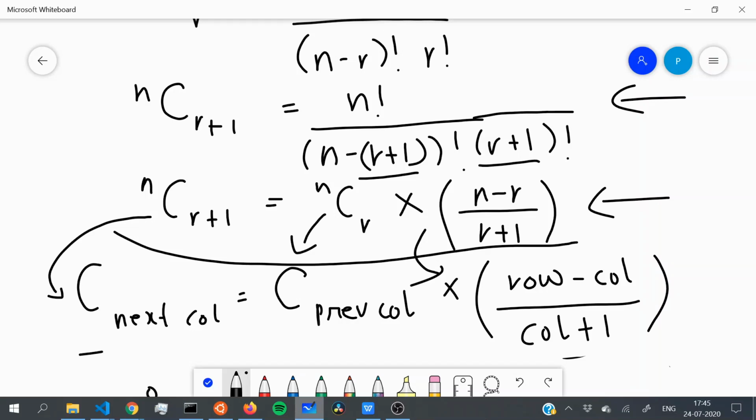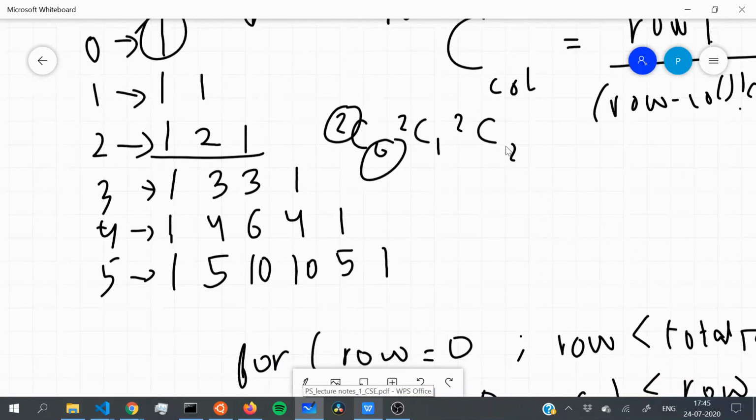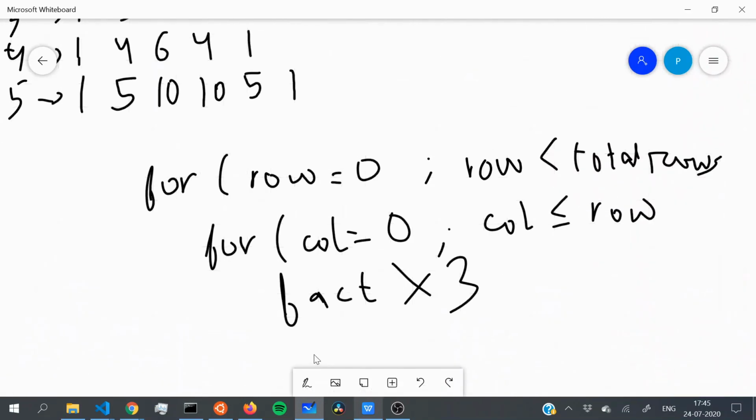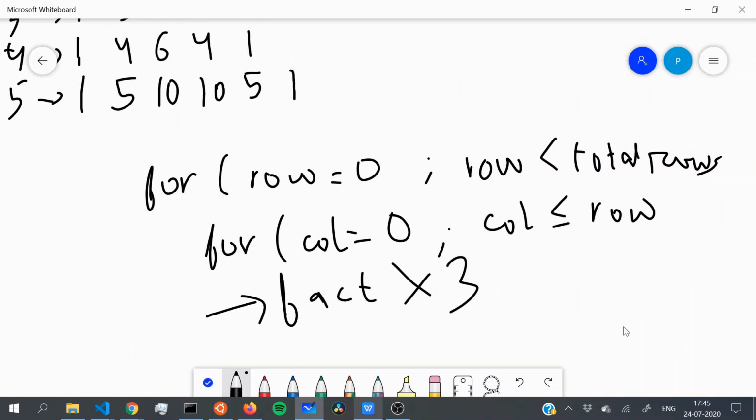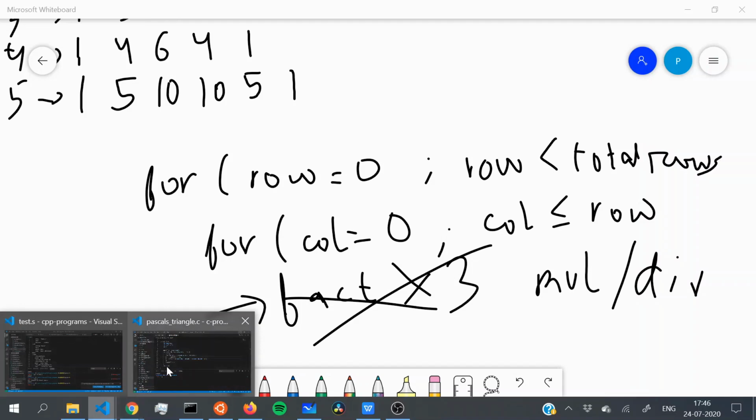So now that we have our formula, when we enter our nested loop over here, we don't actually have to enter another loop and go over this 3 times. Instead, we're just going to be performing some simple multiplication and division, and that is not time consuming. So I wrote a little code for this.